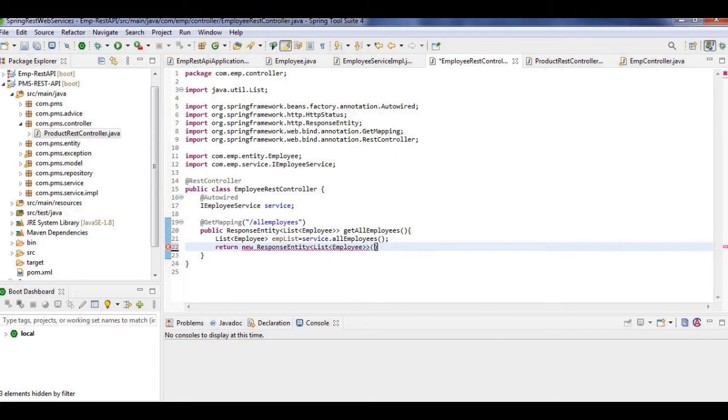And now I'm going to pass the parameters. So it will have 3 parameters: my data, that is the employee list, then the HTTP status code, and the headers. As of now I'm going to pass only 2: my employee list and second is the HTTP status code.